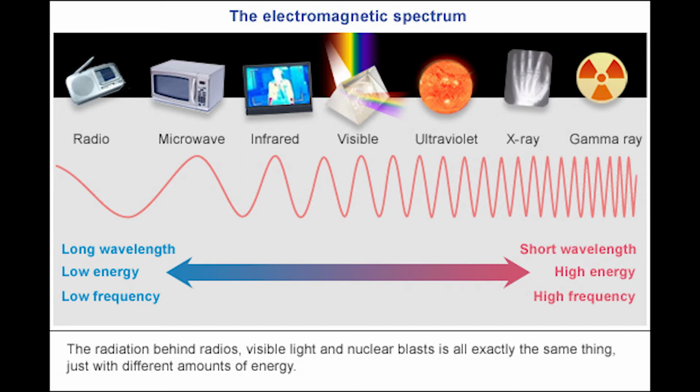There are 7 types of electromagnetic waves: radio waves, microwaves, infrared, visible, ultraviolet, X-rays, and gamma rays. Since electromagnetic radiation is the same as light, and light travels in waves, all electromagnetic radiation travels at the same speed. This is represented by c, the speed of light, which is about 3 times 10 to the power of